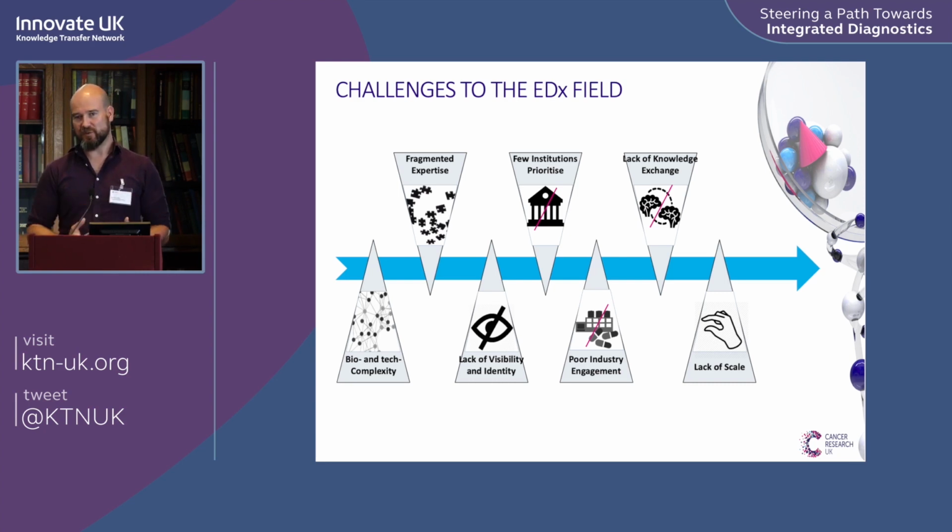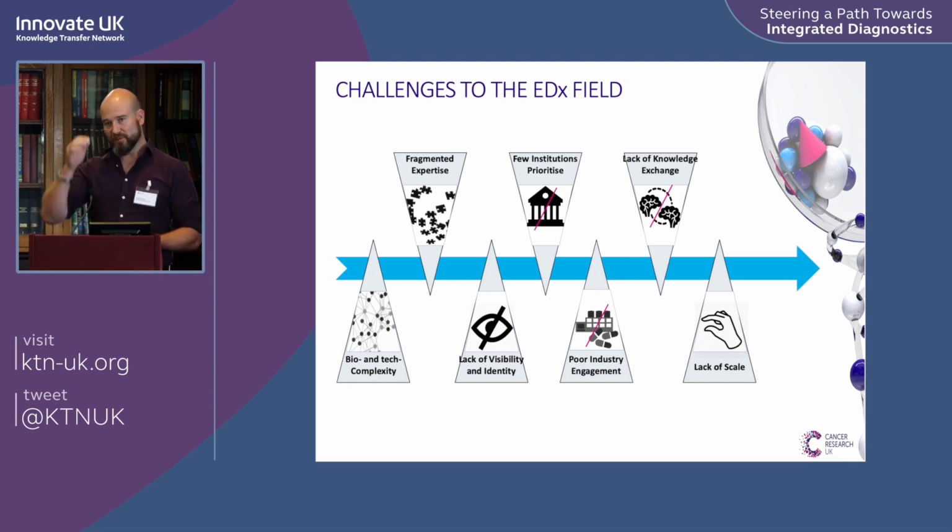So this is something that we've tried to change by any number of means, by putting money into it, but also by very actively engaging with the community and communicating and trying to get more minds turned to the problem of early detection, to get more academic institutions prioritising it, to get more companies engaged in it, to hasten knowledge exchange, to try and prevent redundancy of effort, but crucially to overcome a kind of fragmentation of effort in